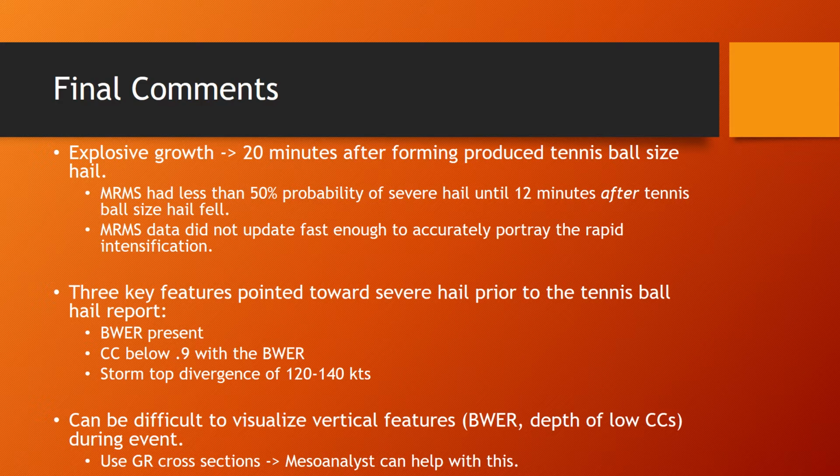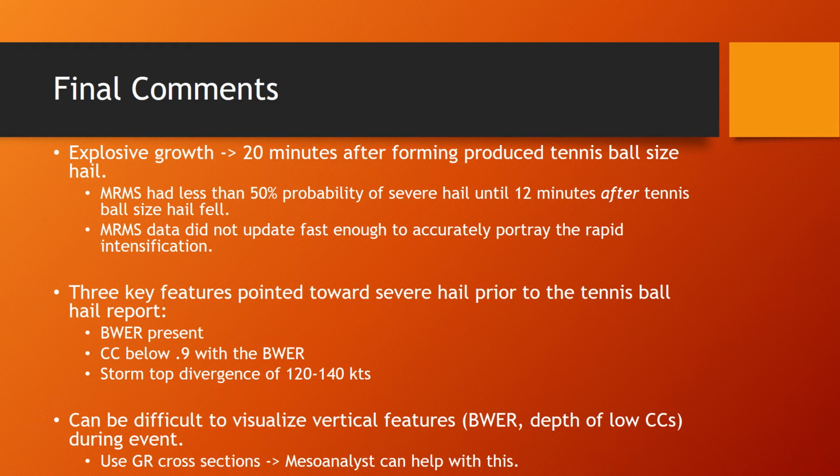ball hail in Tribune. There were 3 key features that pointed towards there being severe hail with this thunderstorm. The BWER being present, so that immediately lets us know that severe hail is likely with this storm. And then also we had the CCs of less than 0.9 co-located with the BWER, which is where we would expect the low CCs to be. We also had storm top divergence well over 100 knots, anywhere from 120 to 140 when the tennis ball hail